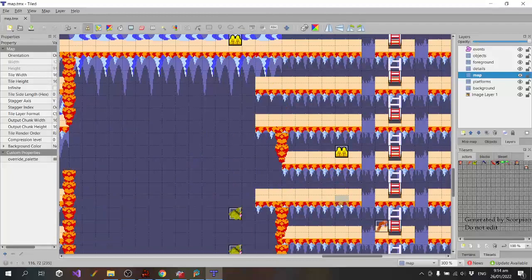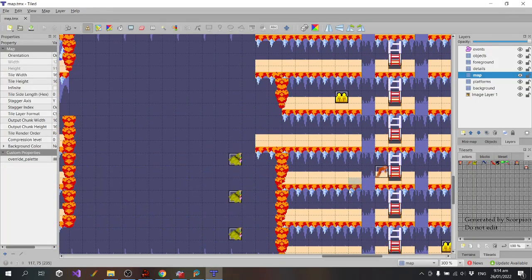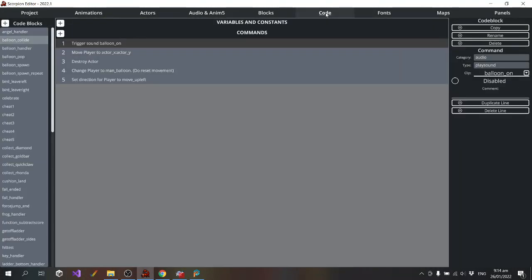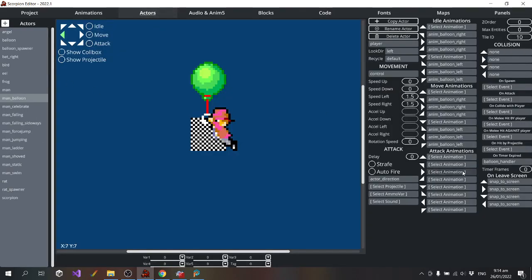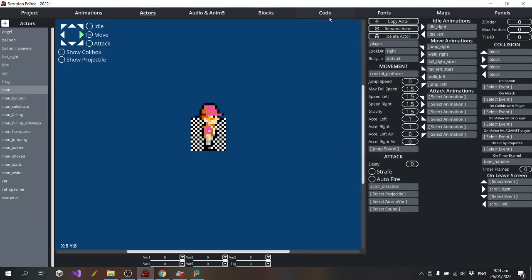Yes, so that feature is with the screen scrolling. I'll just try to find the exact code that does it. Scroll right, scroll left.